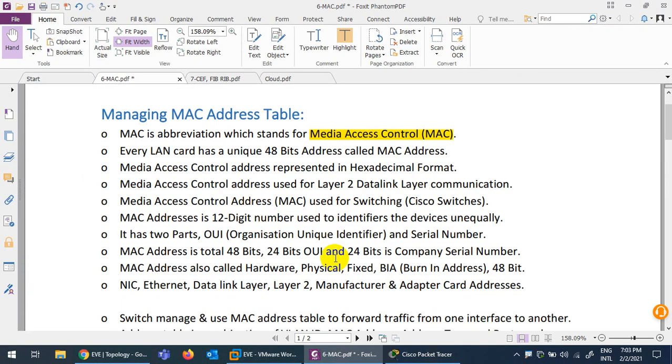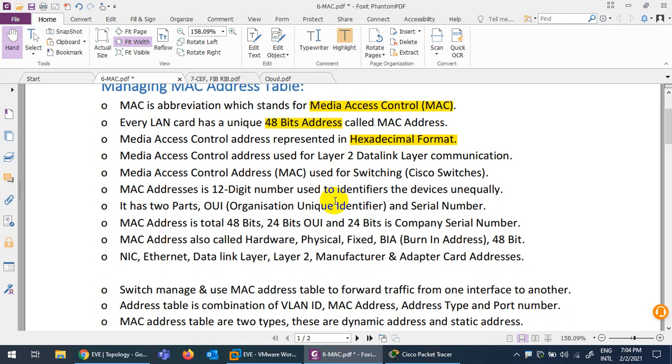Why do we need this? Because our layer 2 switch works purely based on MAC addresses. I will show you a bit later, but first we need to know this MAC address. This is a 48-bit address, and we call it MAC address, Media Access Control, in hexadecimal notation, as I showed you. All our layer 2 communication is done through these MAC addresses, which means layer 2 switches work purely based on MAC addresses.